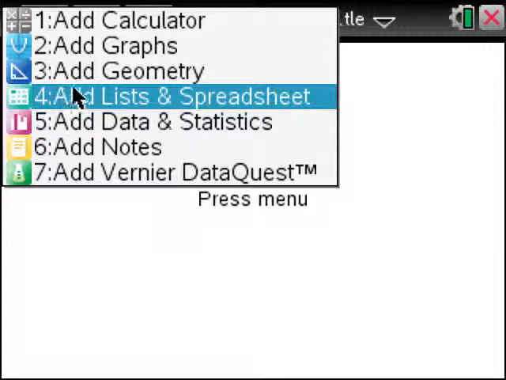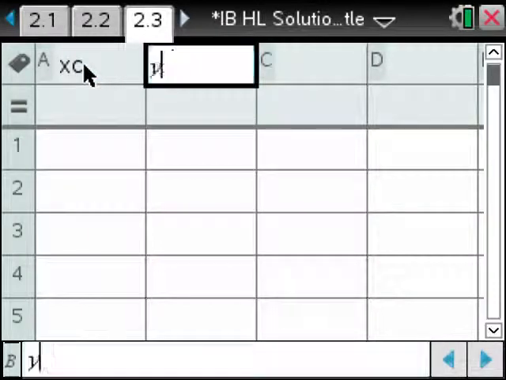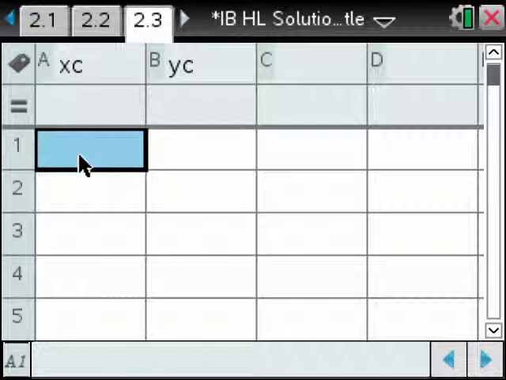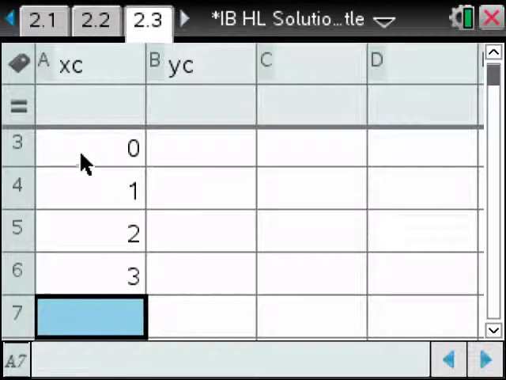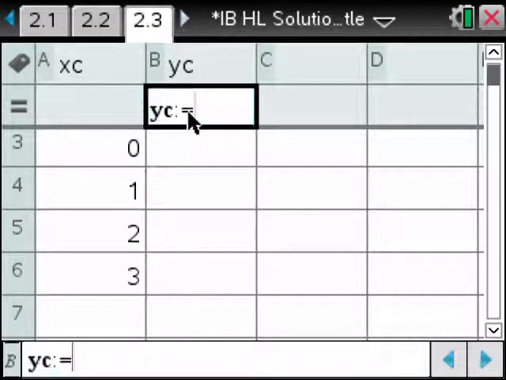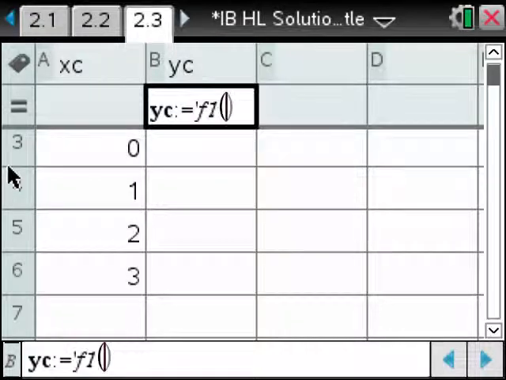Let's insert a new page. We'll go to list and spreadsheet. We'll call it x coordinates and y coordinates. And I'm just going to pick some typical x coordinates. I'll go -2, -1, 0, 1, 2, 3. And then for the y coordinates, I'll press equals, and I'll apply my function f1 to the list of x coordinates,